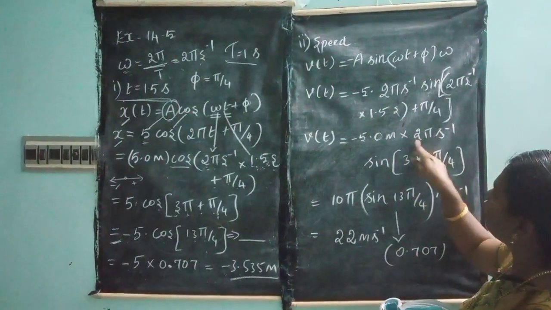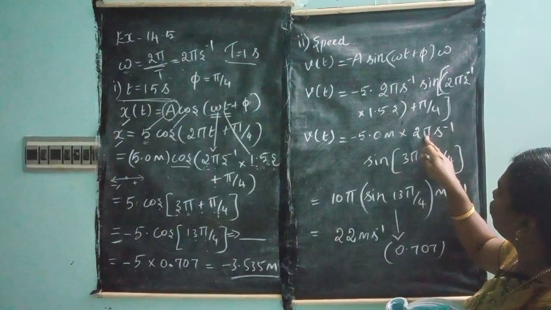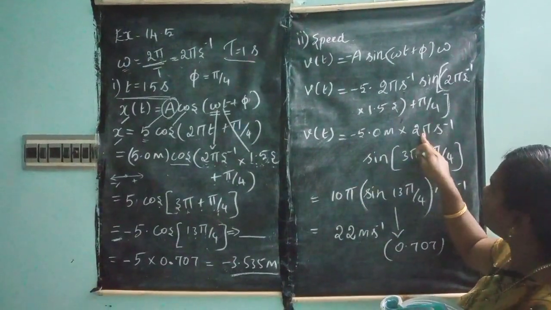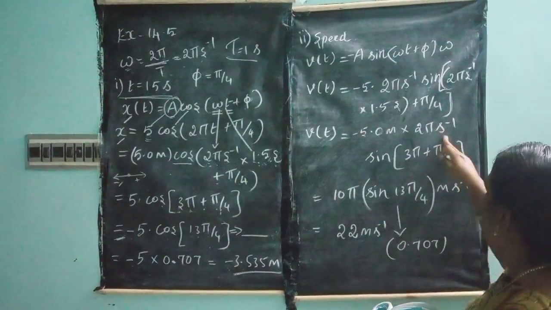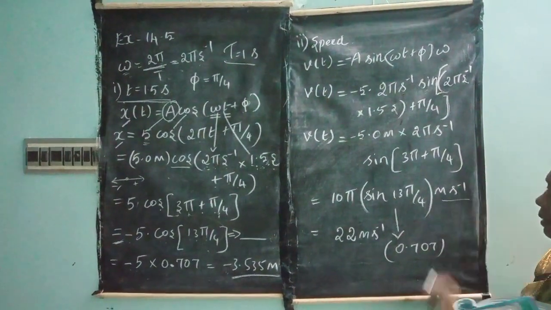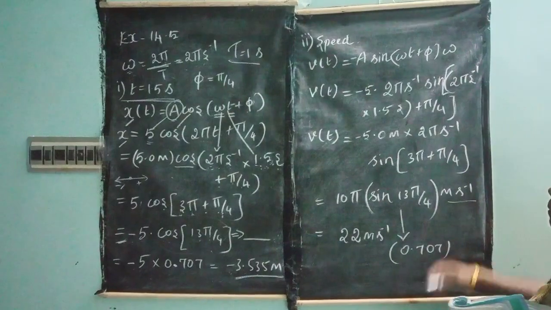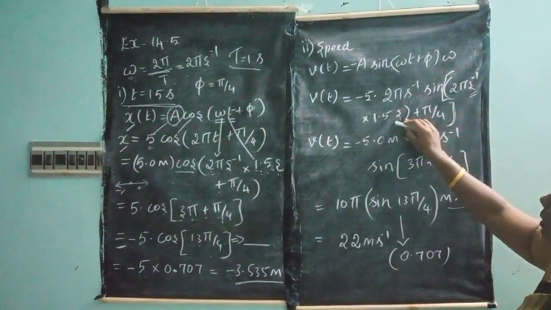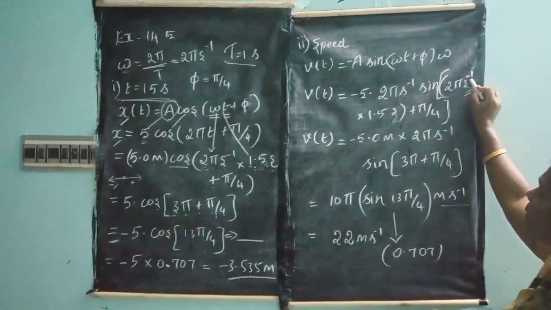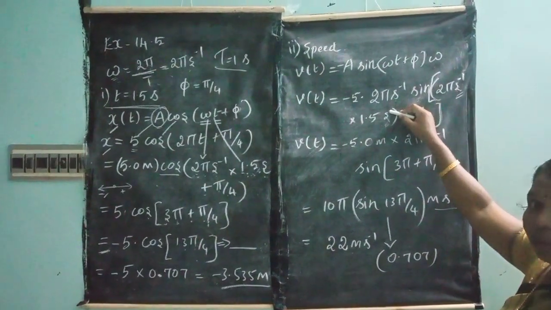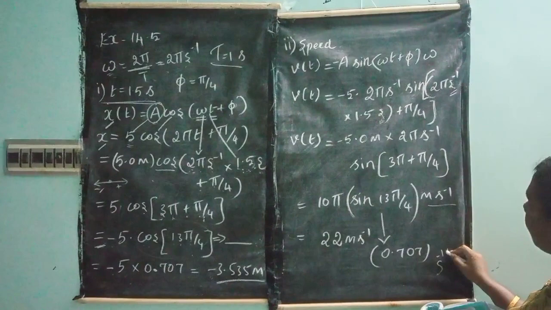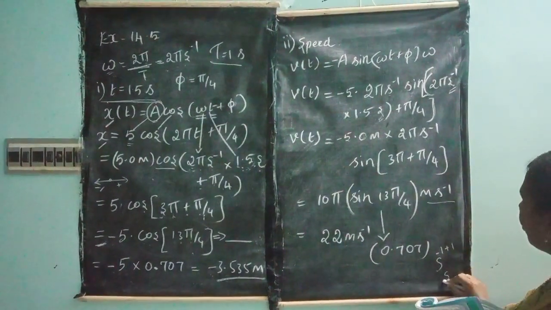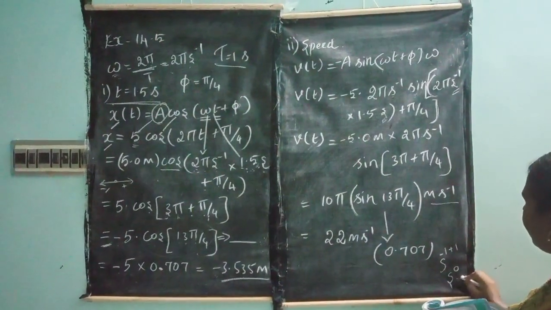2 5s are 10, and here there is one pi, so I am writing the pi. And the remaining unit is meter per second. Did you get it, ma'am? You can ask me, ma'am, where is that s inverse, it should be cancelled, because this is power minus 1 and this is power plus 1. Therefore, s power minus 1 plus 1 is equal to 0. Anything to the power 0 is equal to 1.